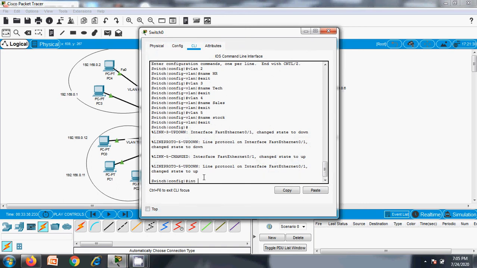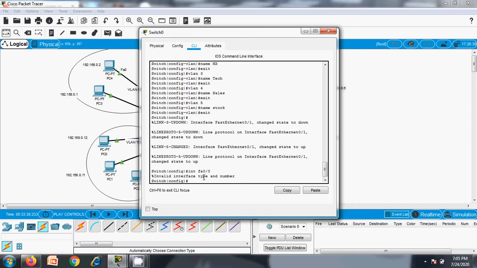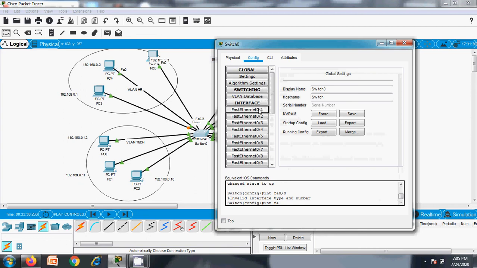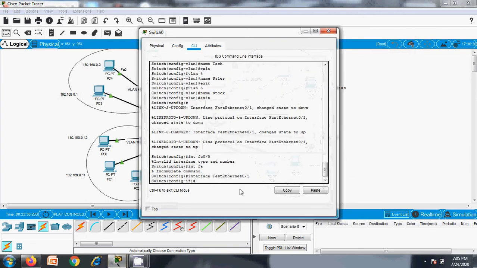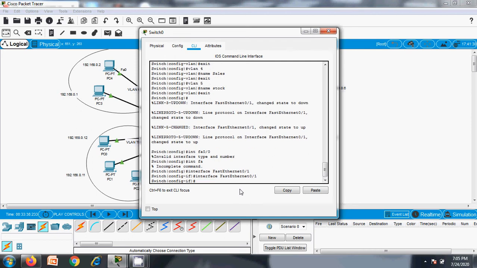You need to select the interface, so FA 0/1, right? Yes, interface 0/1.